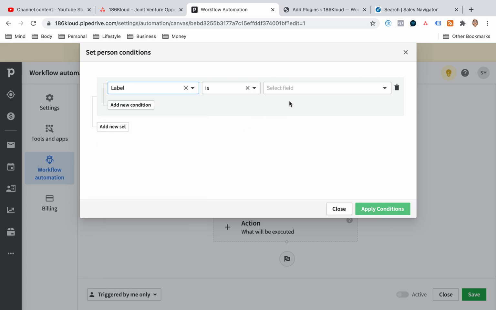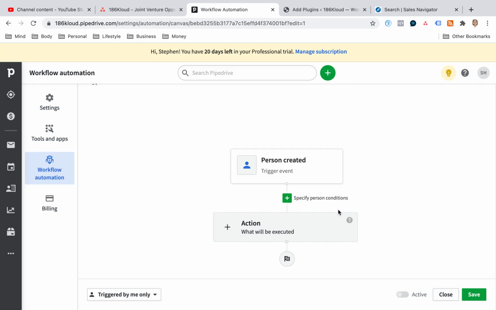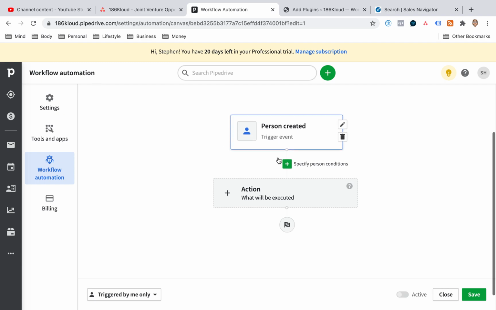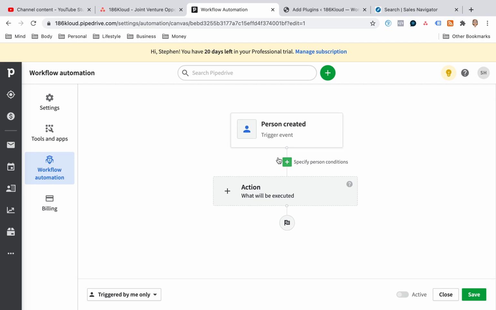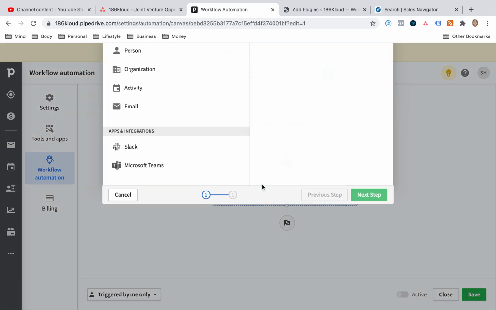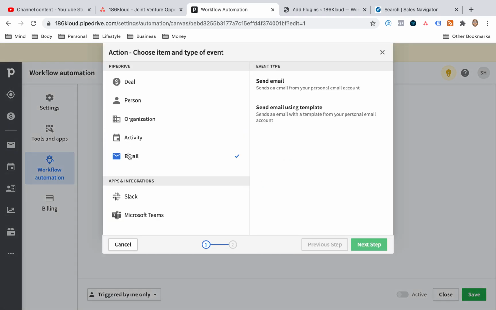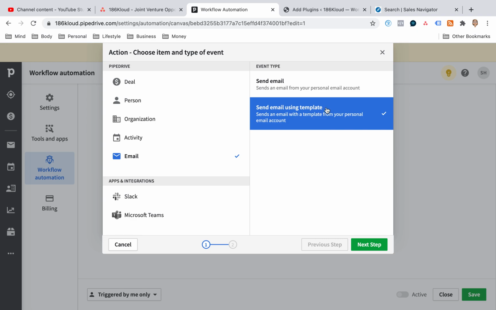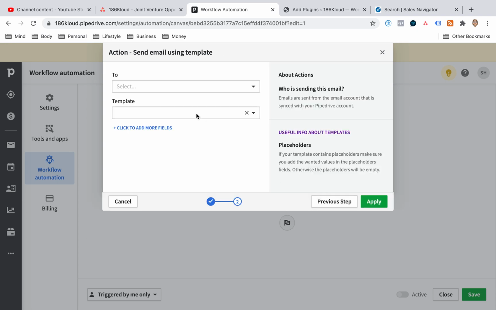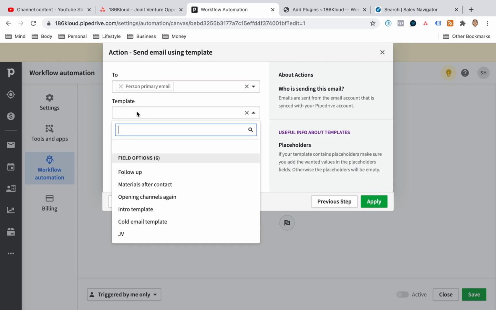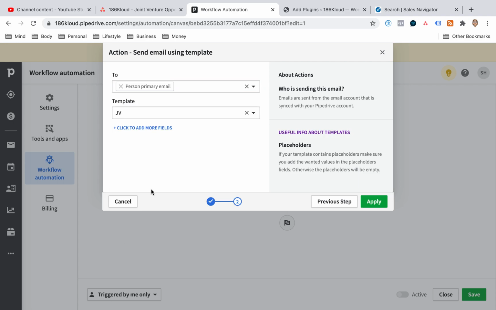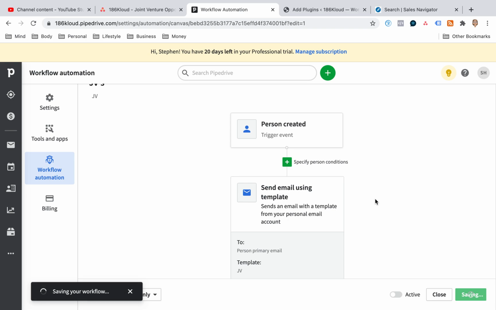I don't know where that is in as enough, but anyway, you get the idea. I'm not going to worry about that for now. You create that specific field. I'll come back and do that, save you just sitting there watching me. And then what you want to do is say, when that happens, I want to send an email using a template to the person, the primary email holder, and then the template will be in there that we've already done. Apply that, and